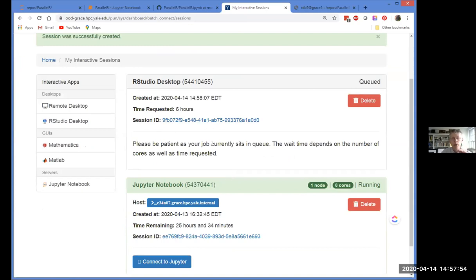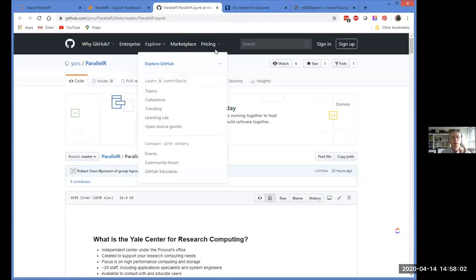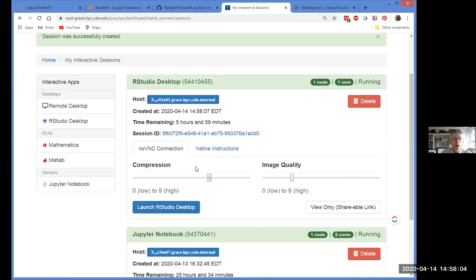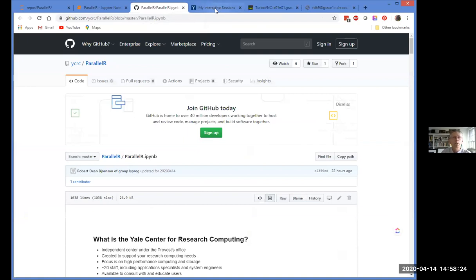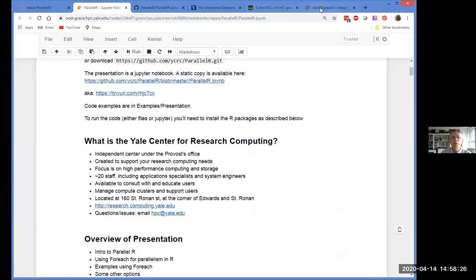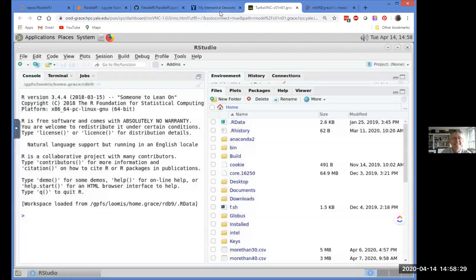What it's doing right now is waiting to find an allocation, and it's going to launch RStudio for me. Okay, so I come in here, and here I am. I'm in an RStudio. I'm on a compute node. I can do serious computing here because I'm on a compute node. I have as many CPUs as I asked for, et cetera. So that's RStudio. But the question specifically was, sorry, let me get back to where I was.